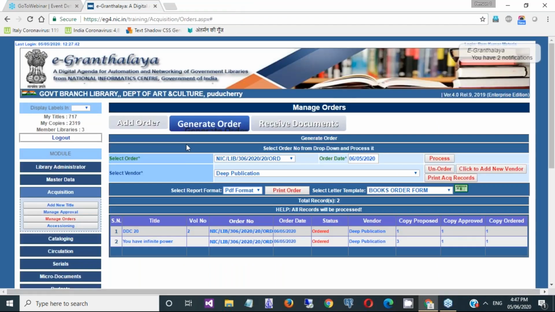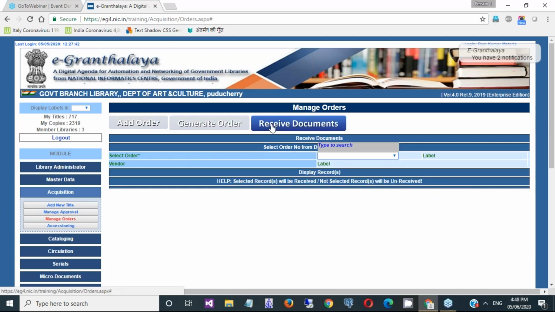But in actual usage, you need to create vendor details with complete address and other information, contact person, etc. Then the full detail will appear in the order form. So once you place the order, then what will happen? The books will be supplied after some period by the vendor to the library, and you will receive the books.